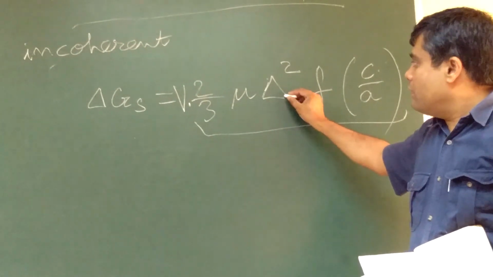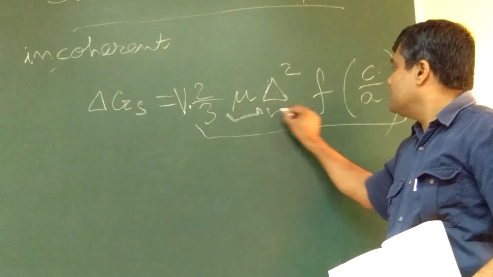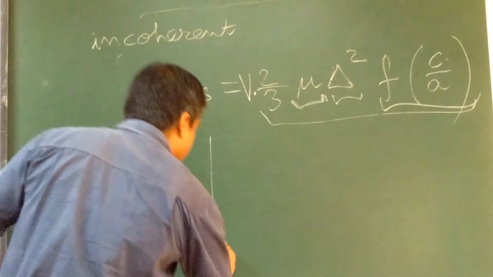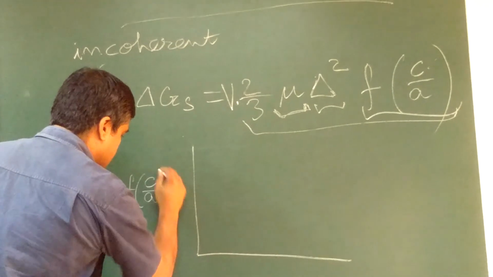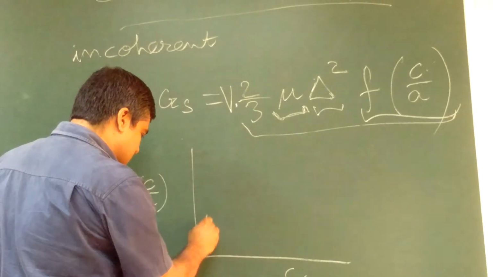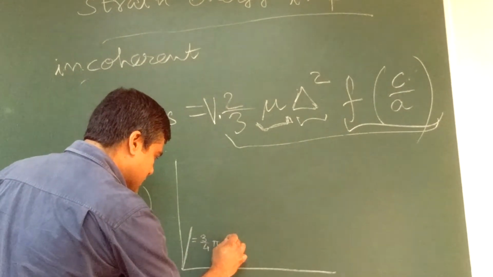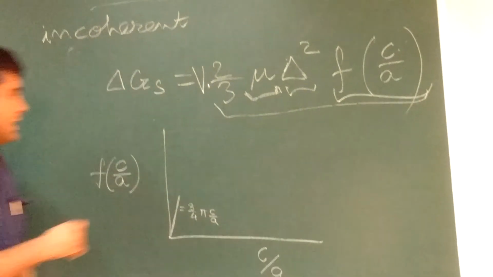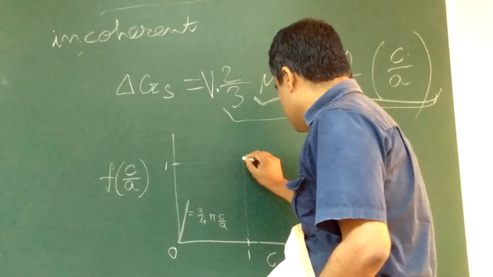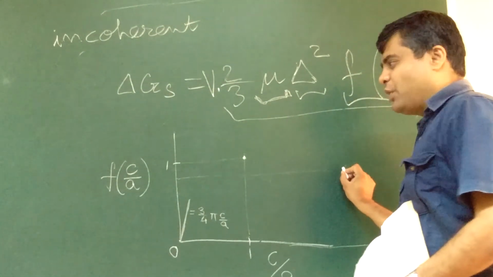So it is proportional to, this is the shear modulus of the matrix, this is the volume misfit, square of volume misfit, and some shape factor, and we drew that F of C over A. Here C over A, if it tends to 0, then it is linear and equal to 3/4 pi, C by A. What did I write? 3/4 pi C over A, and if it is 1, then this value becomes 1,